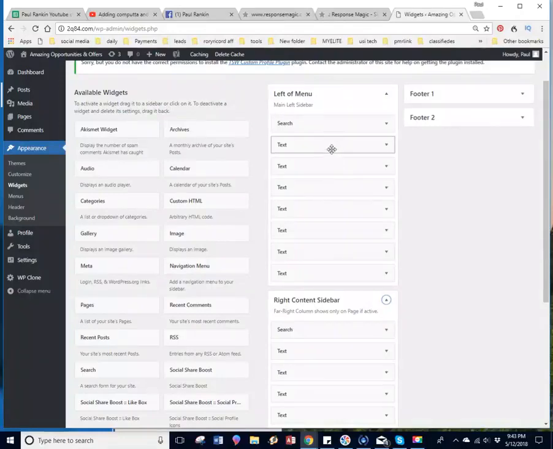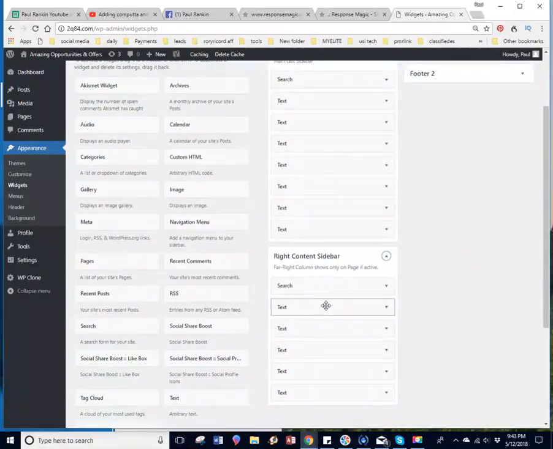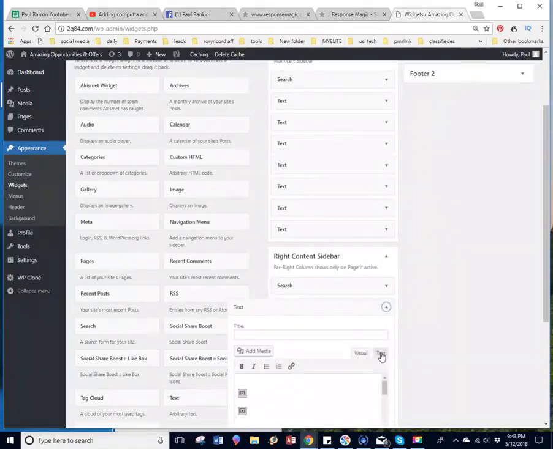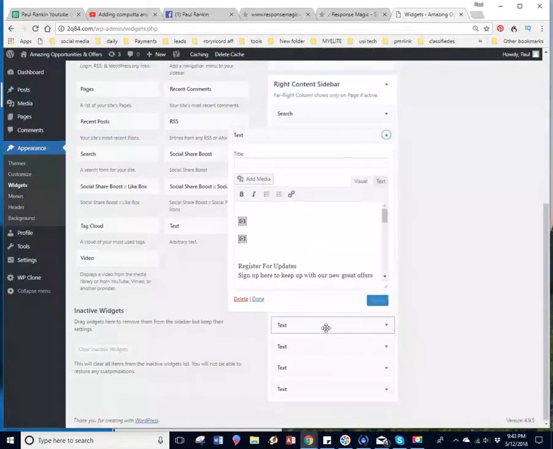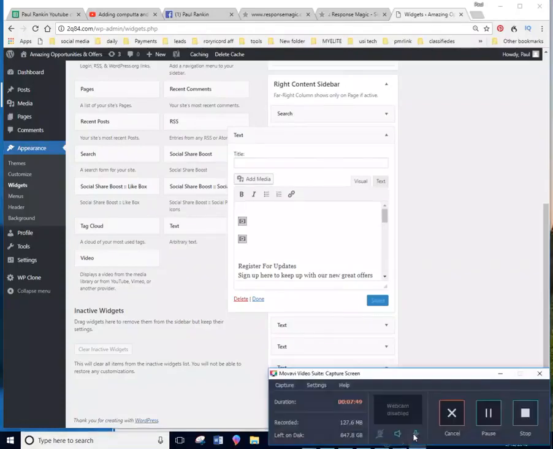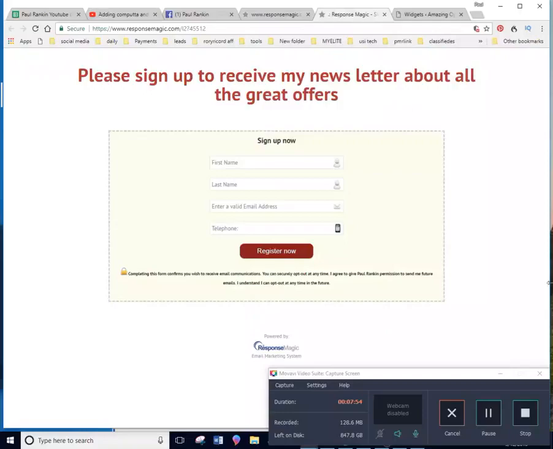So when you want to add Response Magic to your home page, you put a text widget here and you put a text widget here and you copy that same code both times into the, right, remember, text widget, and that will give you your code. Then every time somebody signs up for their email update, then that will send them to their thank you page, okay? And you are all set to go. So that is my Response Magic and how to get a opt-in form onto your